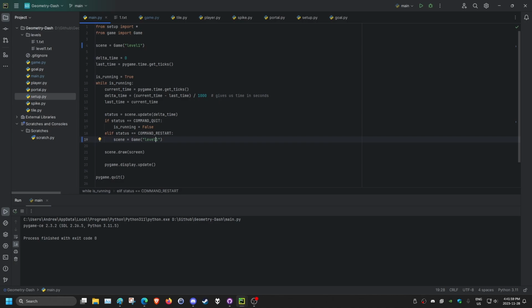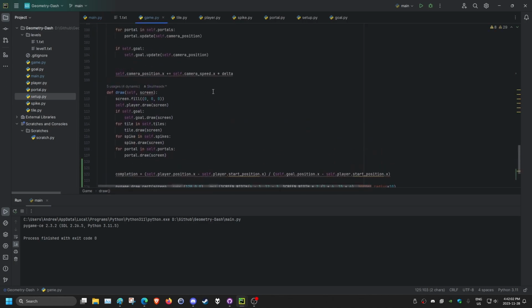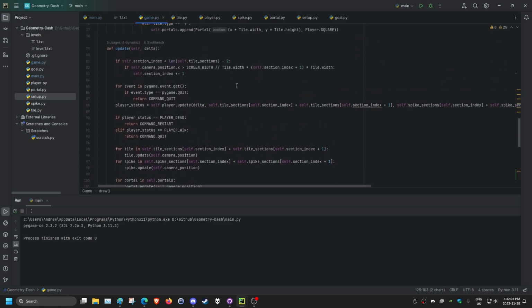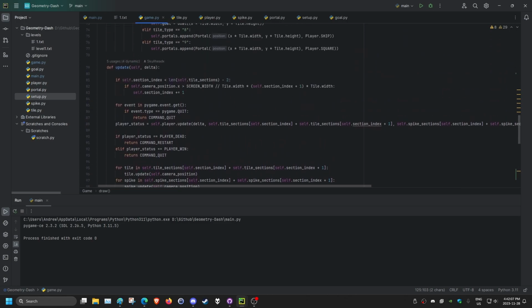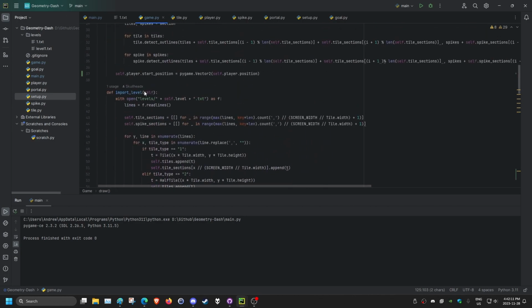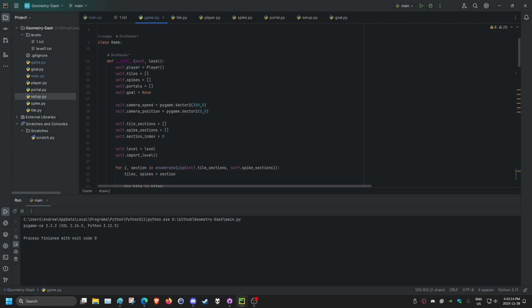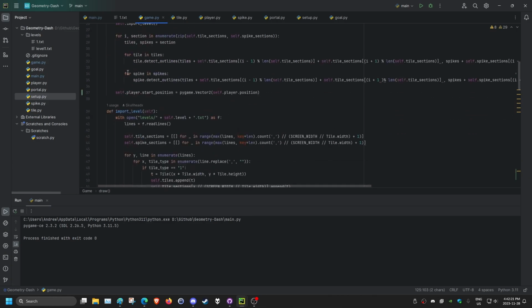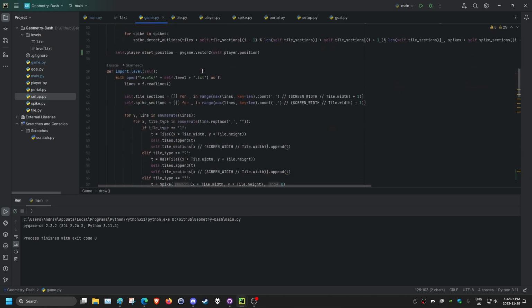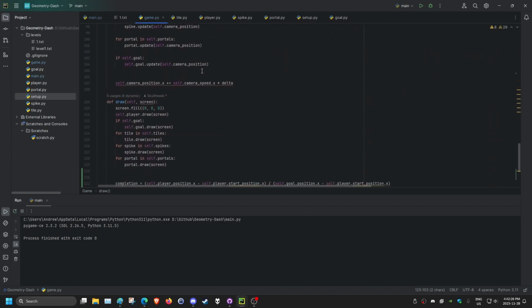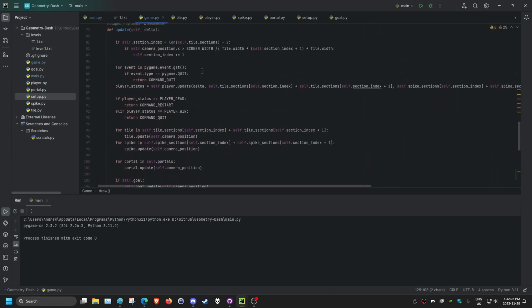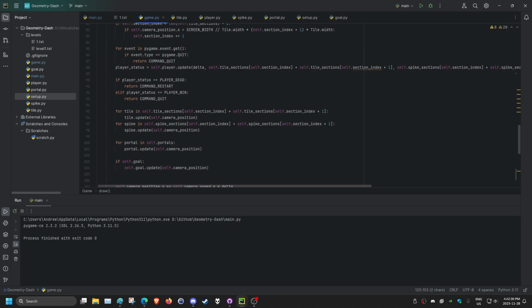So we're going to go into our game, and we need to keep track of a few things. So in game.py, we need to keep track of when we reach the end, like is the game going to be over, right? So we go over to, okay, I think if we go into our update, and when we check for whether,